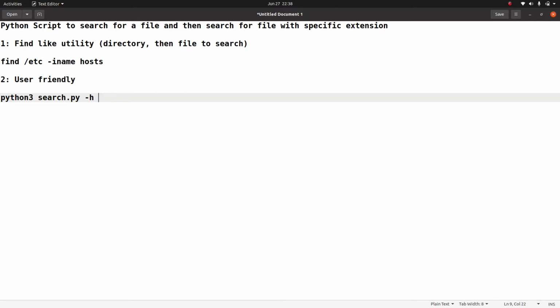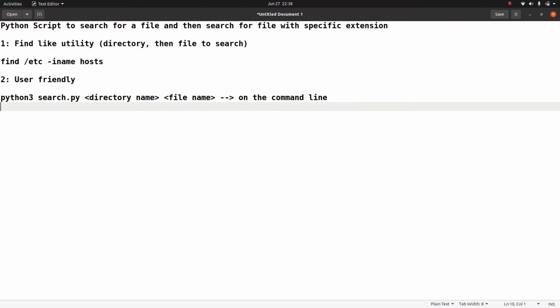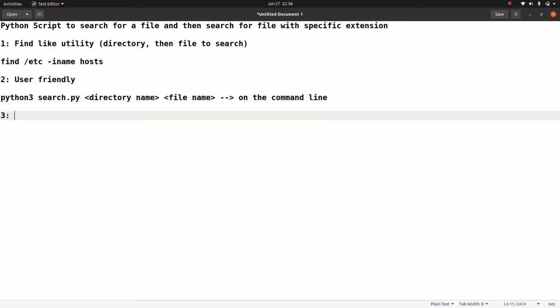After looking at the help, they would be able to determine what exactly the script is doing, and we can give them an option to pass these parameters, like the directory name and the file name, on the command line. So this we are going to do with the help of argparse.